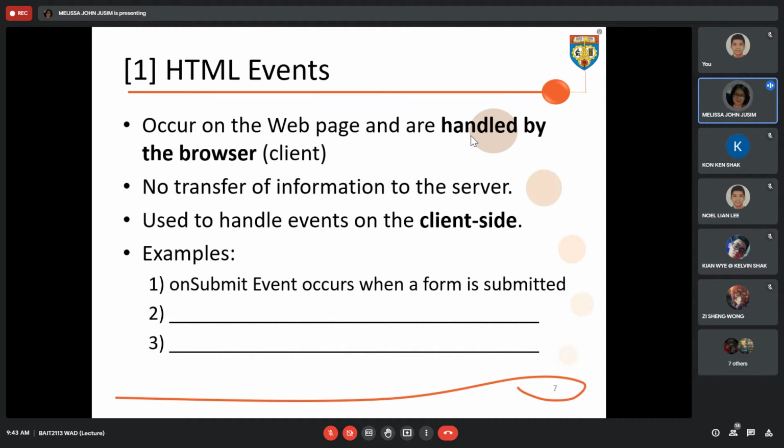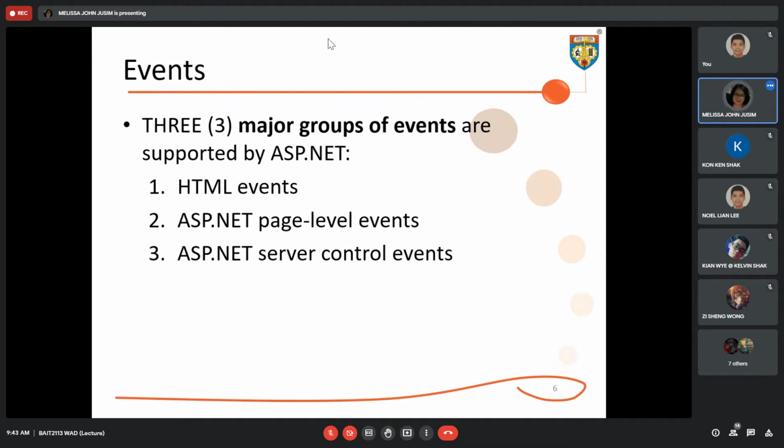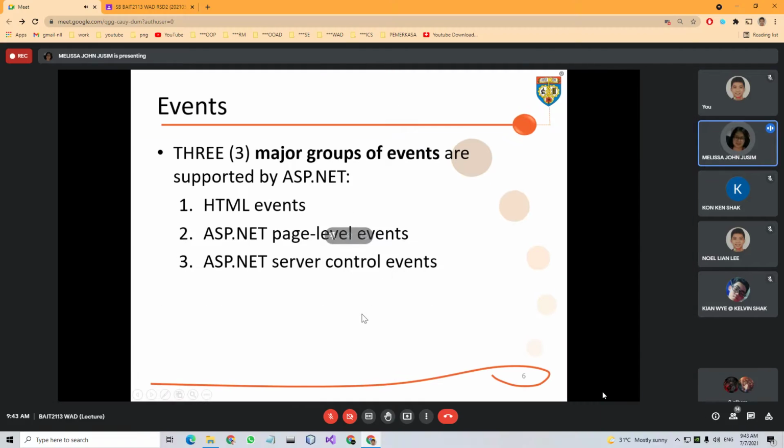This is client side handled by the web browser. Since it is handled by our own web browser, there's no need for us to transfer any information to the server. Okay, very easy to remember. The first one is client side, and then the other 2 are server side.